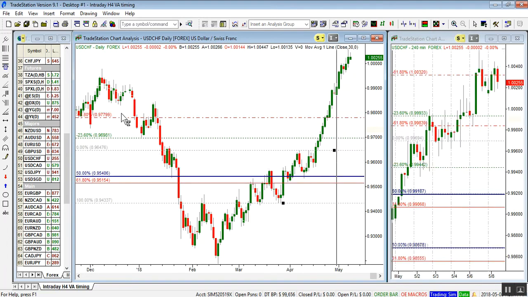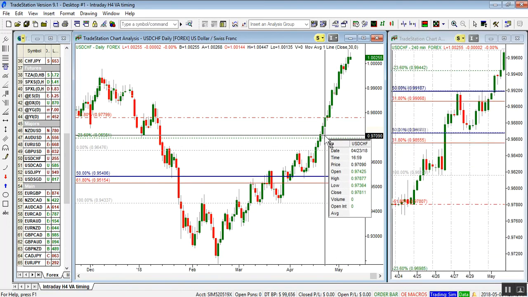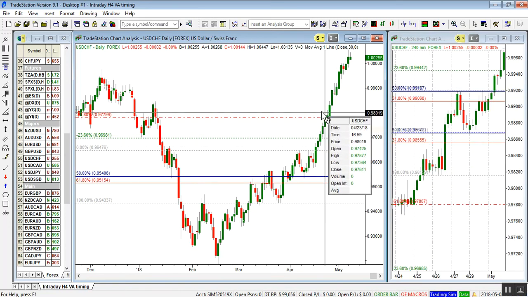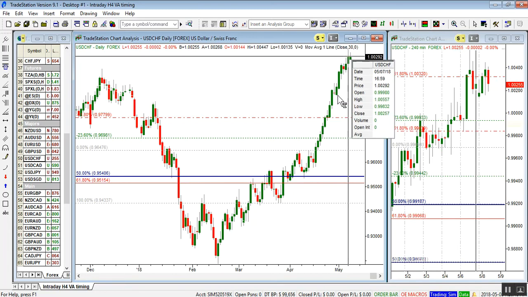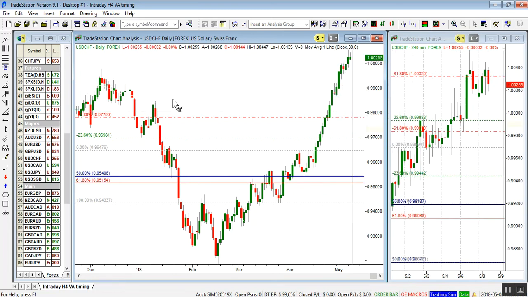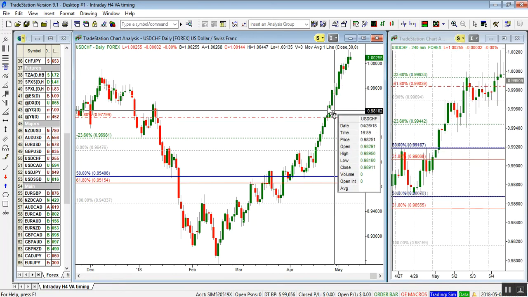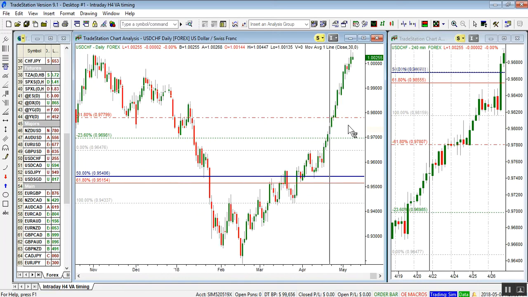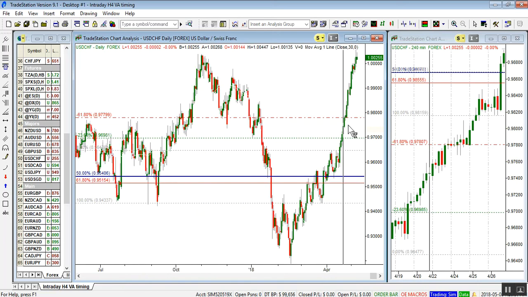For example, in the US Swiss franc, we had this 50%, the first two targets, right? If we exit the second target here, we would have left all this move. Of course, we don't know that, so it's always good to take partial profits. And in this specific case, now this market has